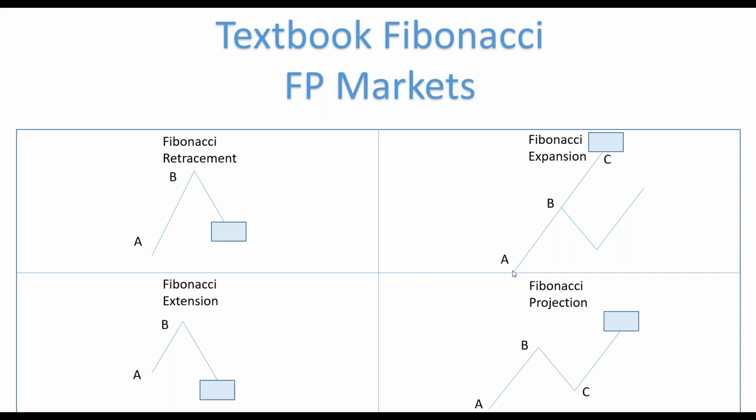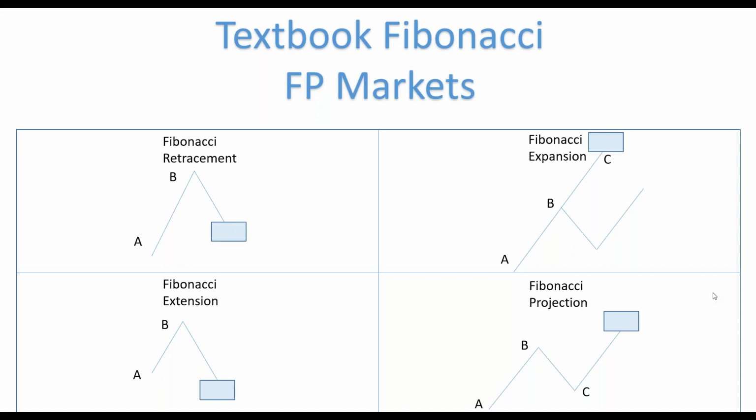I've seen many traders use expansion and extension interchangeably, but they're opposite formations, as you can see here. So please do keep that in mind when you're using them. And finally, we have the Fibonacci projection. Now, I think these are used in AB equals CD formations. These are harmonic structures, guys. Though when applied to these patterns, they're often called extensions, which again could cause confusion. But everyone has their own way and everyone has their own terminology. I'm just trying to provide you with textbook